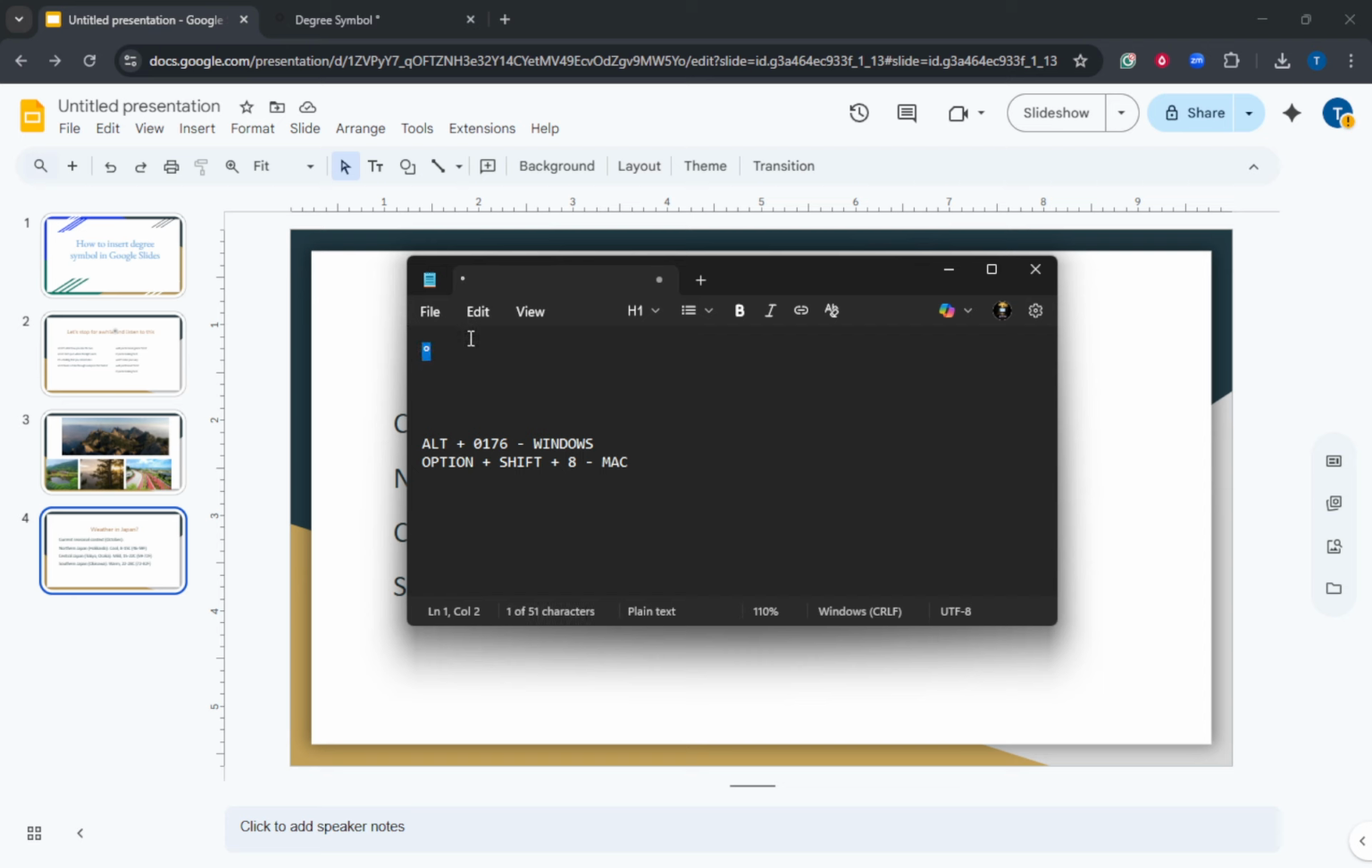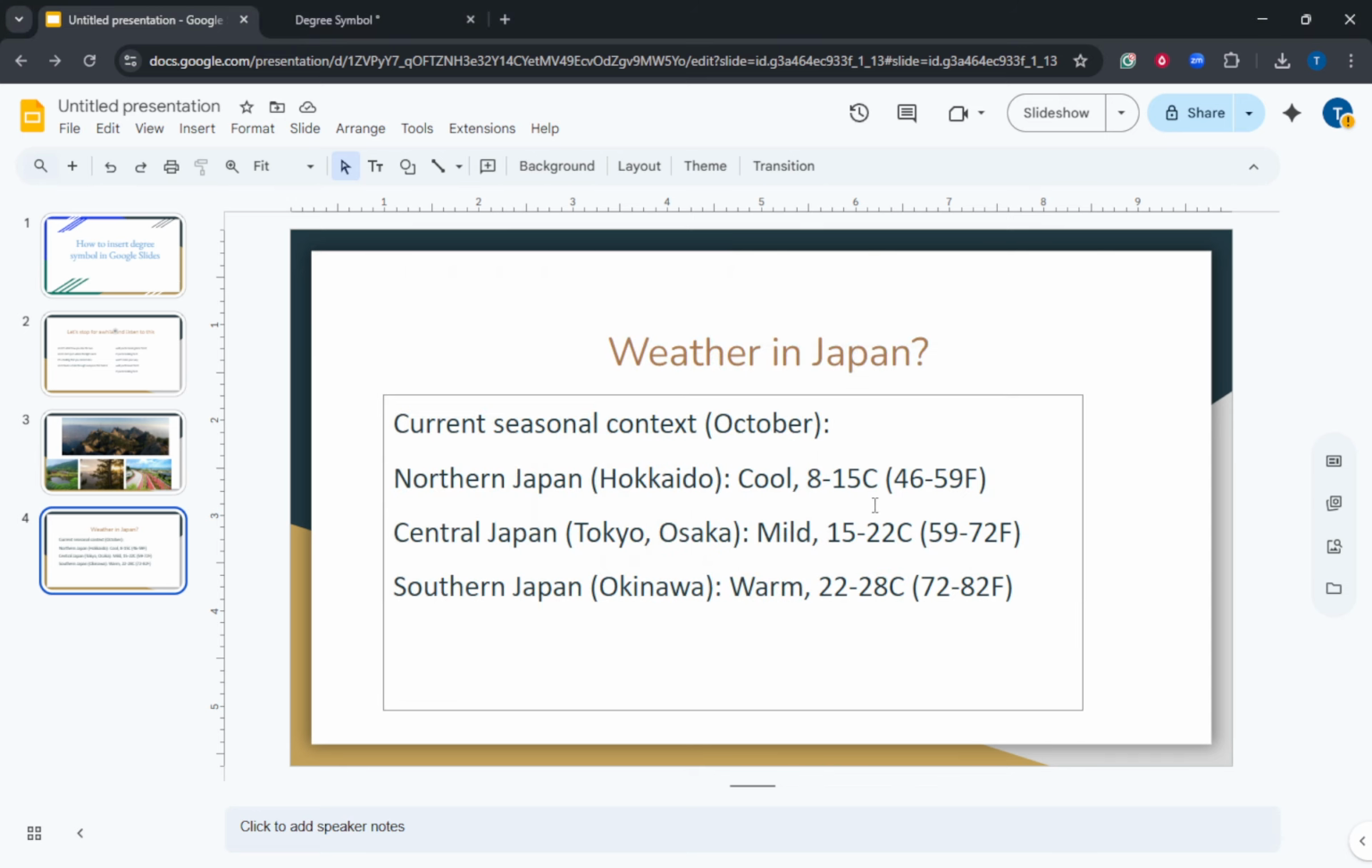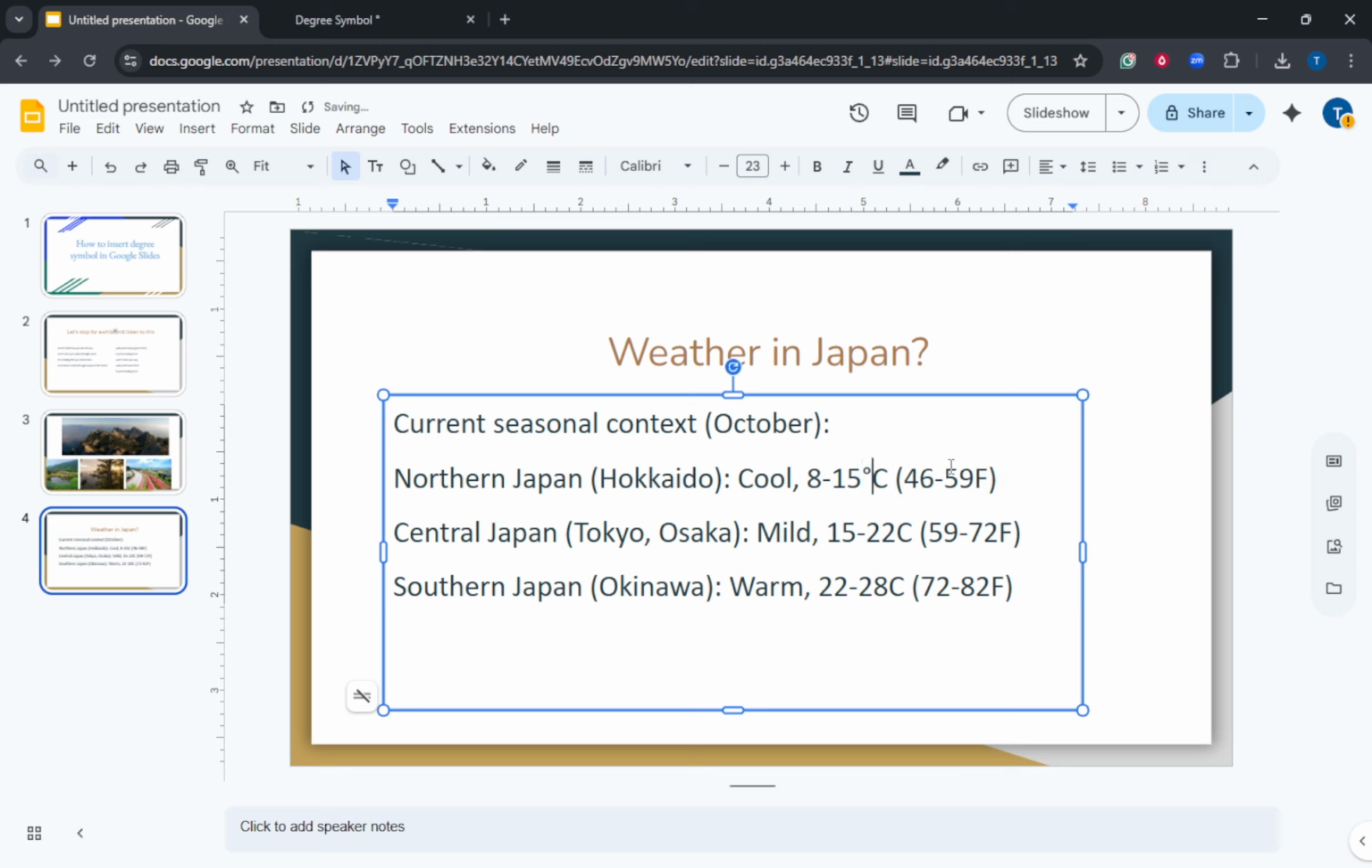For Mac users, it's even more straightforward. Just press the Option and Shift keys, and then press the number 8. It's essential to ensure that your cursor is in the correct spot before carrying out these shortcuts to avoid repositioning